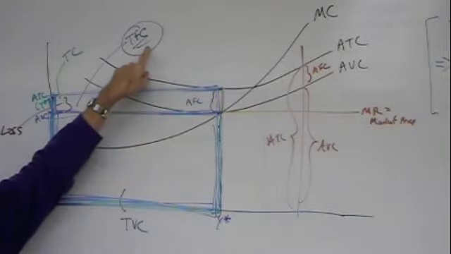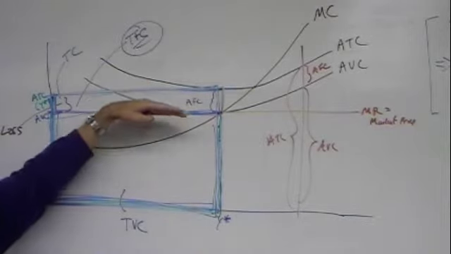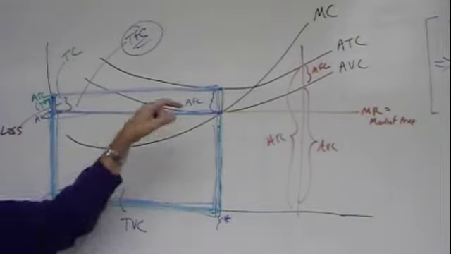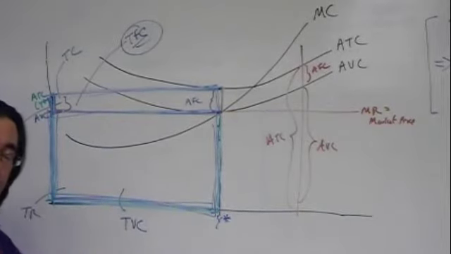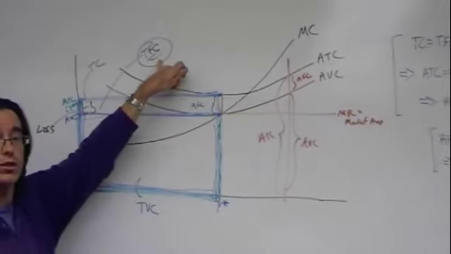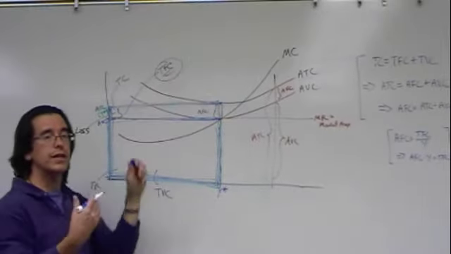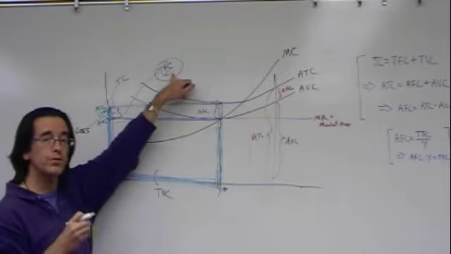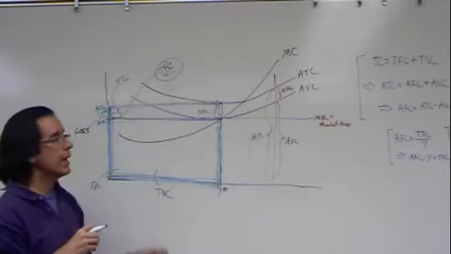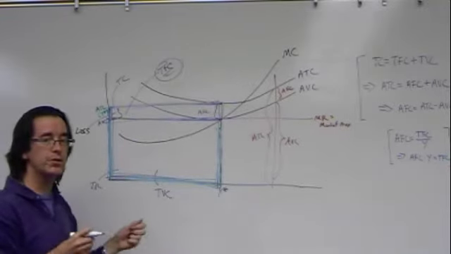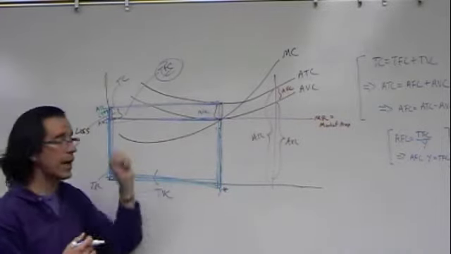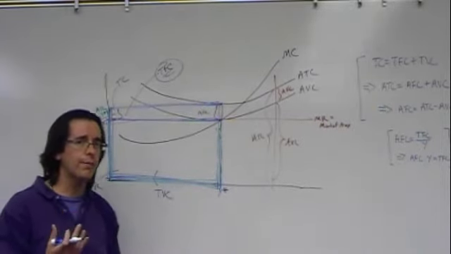Total fixed cost does not change. So in this case, the loss is less than the total fixed cost. If the price gets lower, our loss gets larger. So the area of the loss due to production gets larger, which means it's getting larger than the total fixed cost. Which means if we're below this price, we lose less money by not producing. The amount we lose from not producing is total fixed cost. And the loss from not producing is less than the loss from producing, which would be the area of this negative profit. So this is a little complicated.